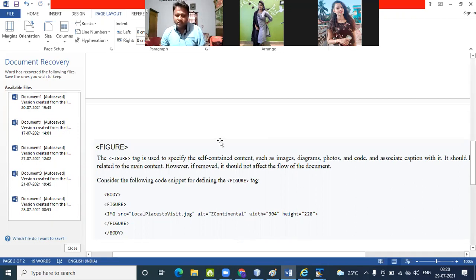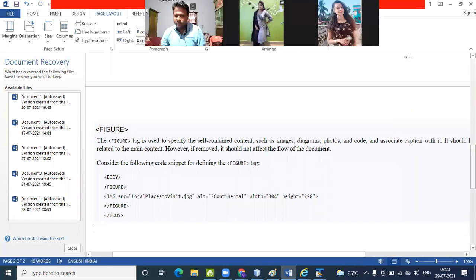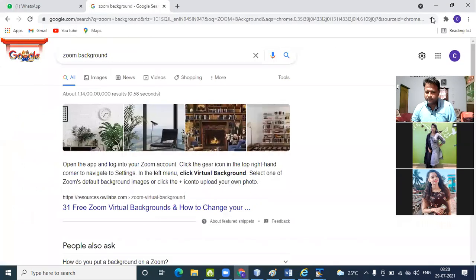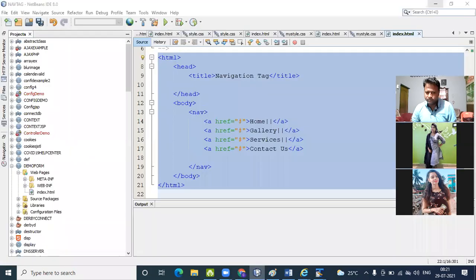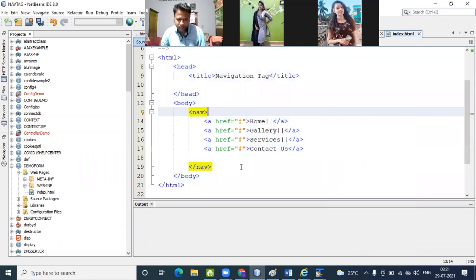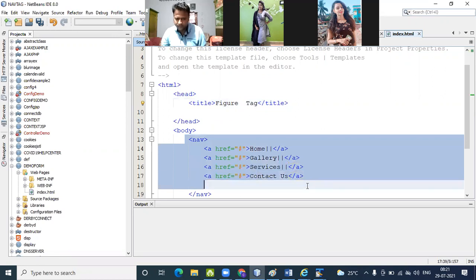Now I go for the figure tag. I will place some kind of picture. This is my page. I remove all the things here.